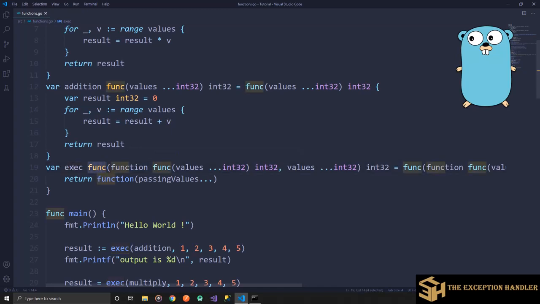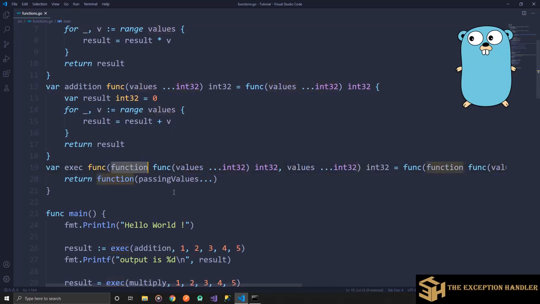So execute is itself a function and is expecting a function argument to be passed in, and the function argument is of type where it will take in a function which can accept n number of values and will return a simple int32. And this execute will also take in all the values that it needs to pass